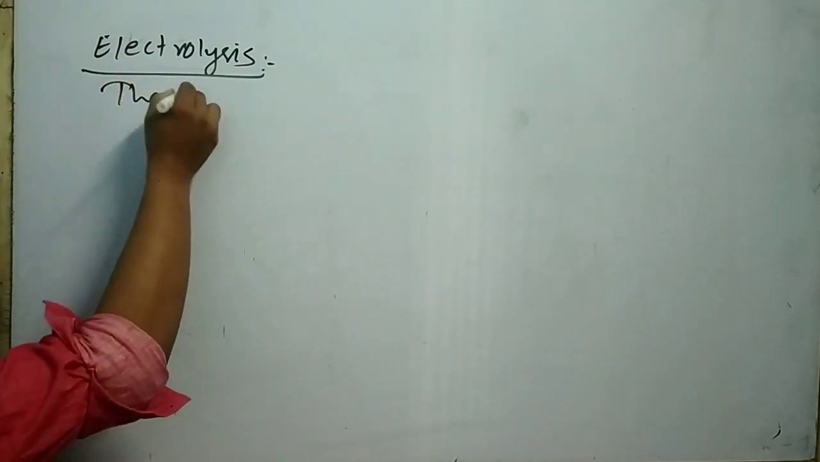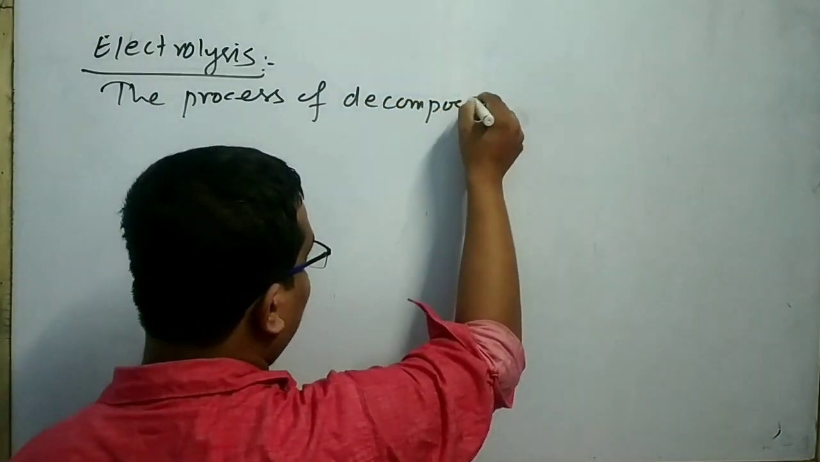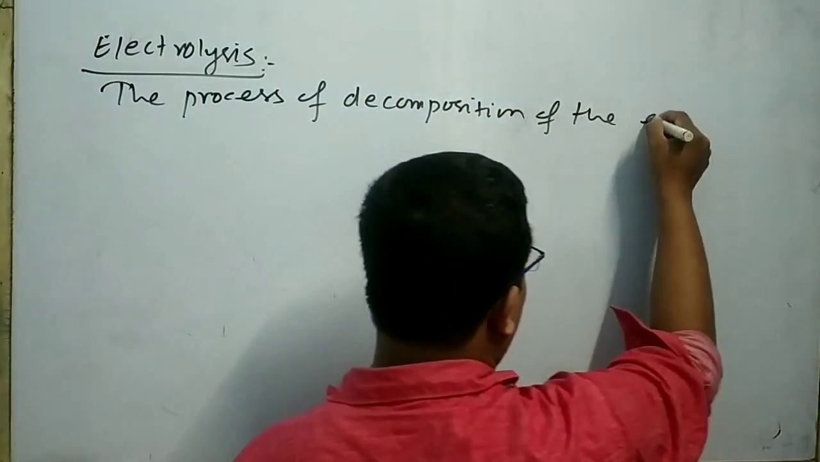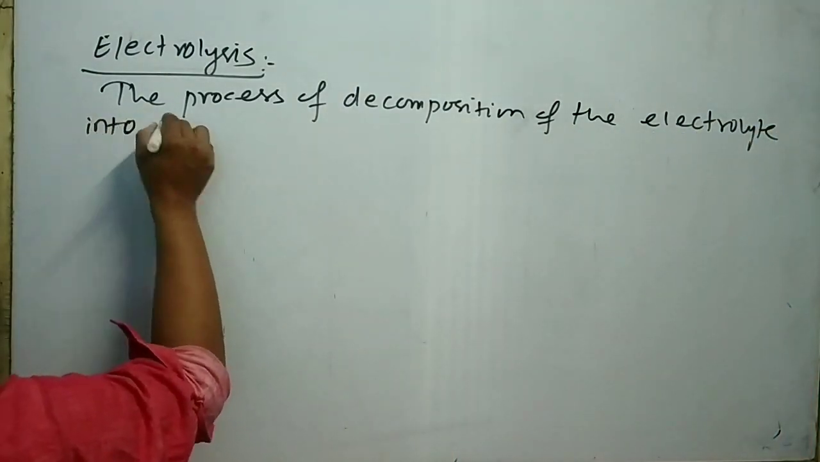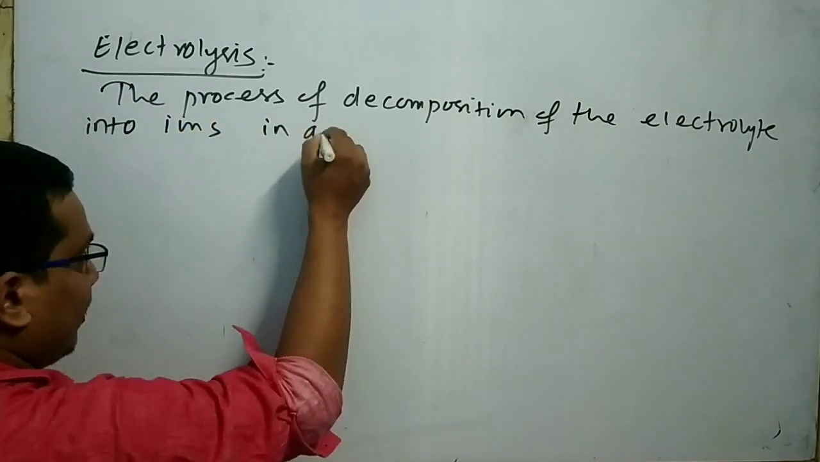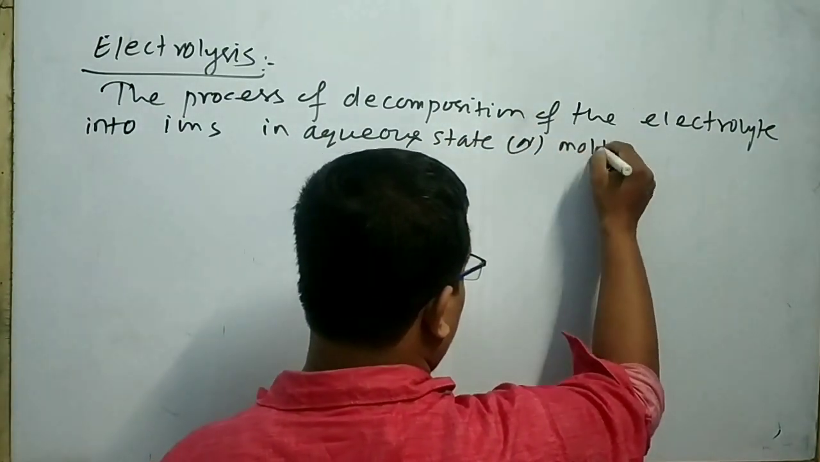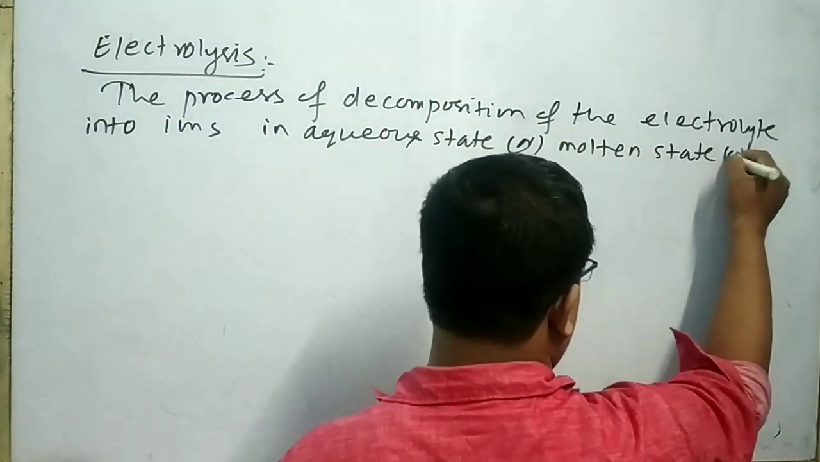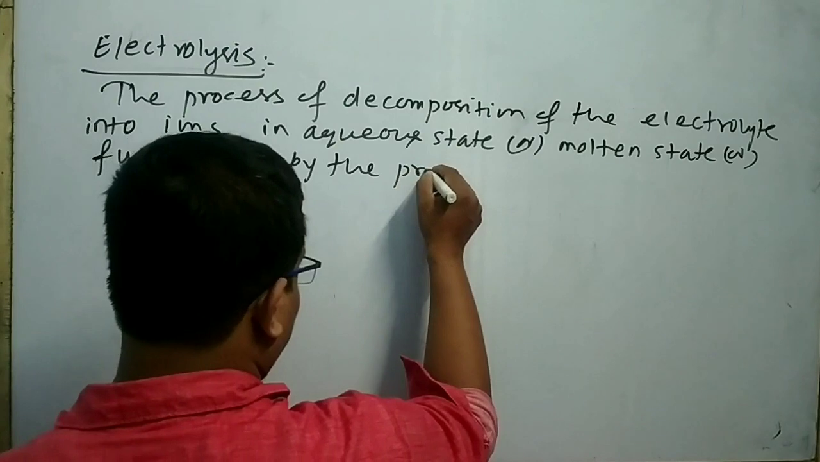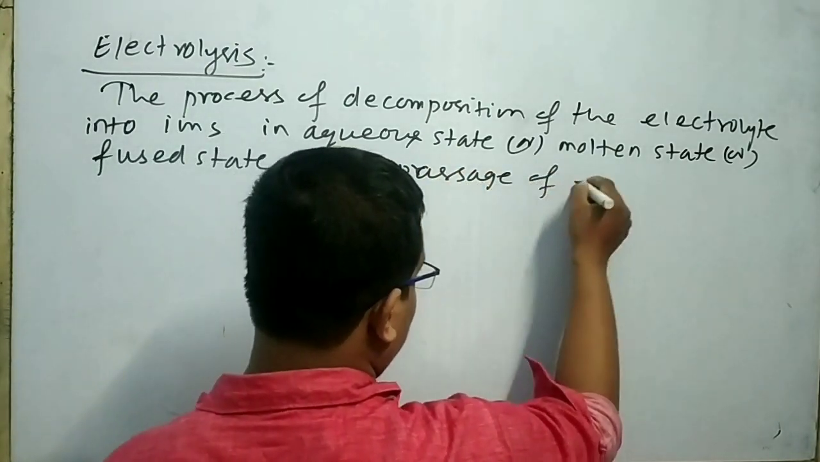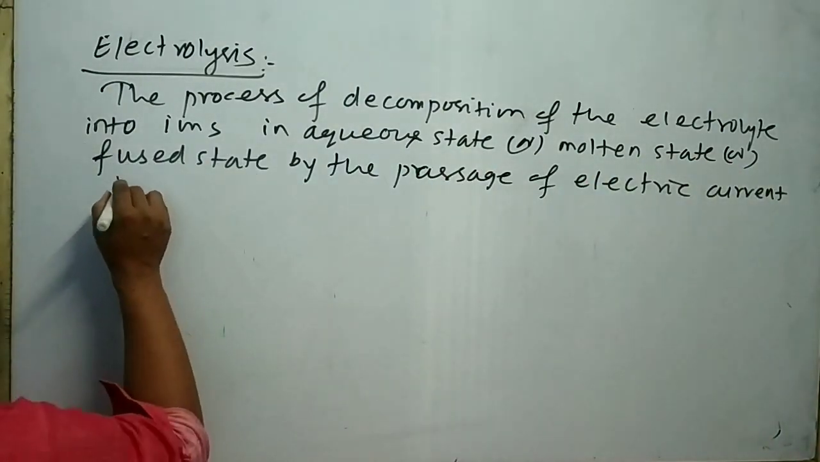So we can write: the process of decomposition of the electrolyte into ions in aqueous state or molten state or fused state by the passage of electric current is called